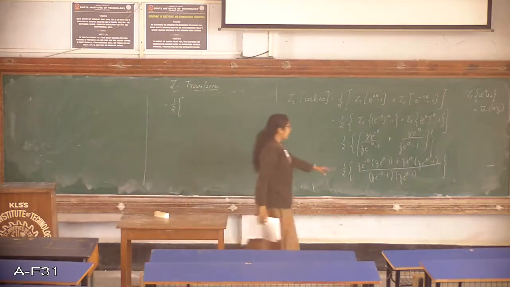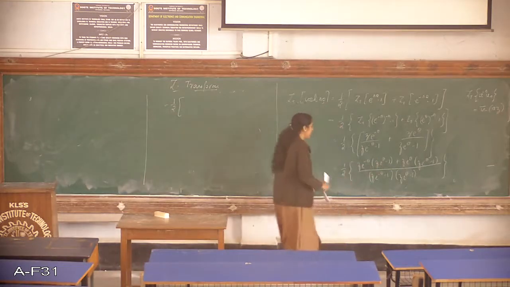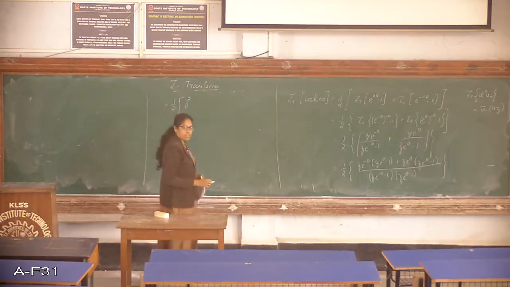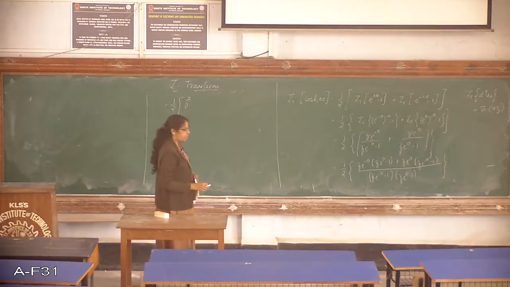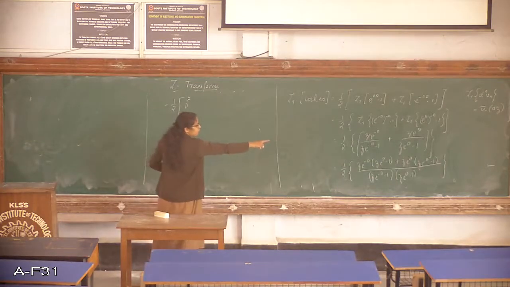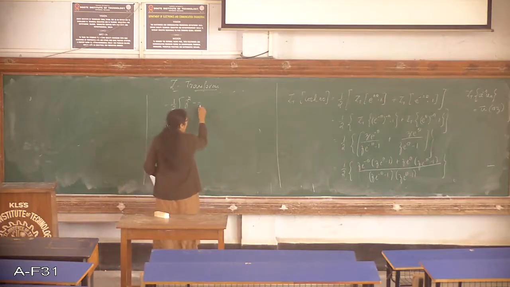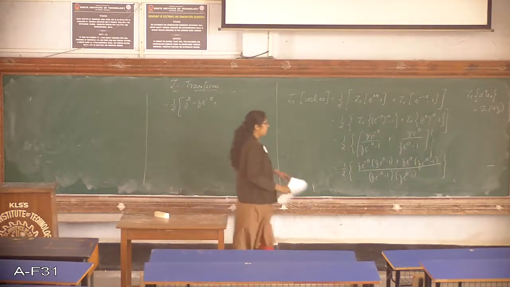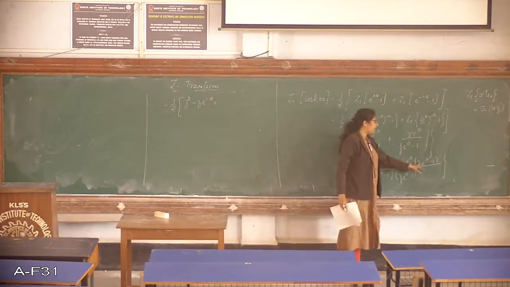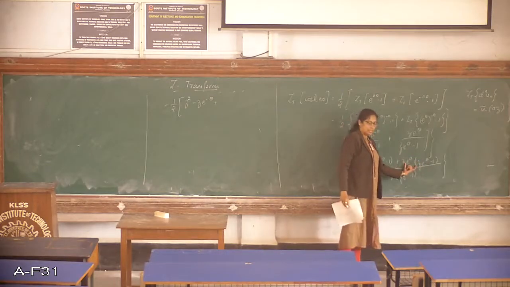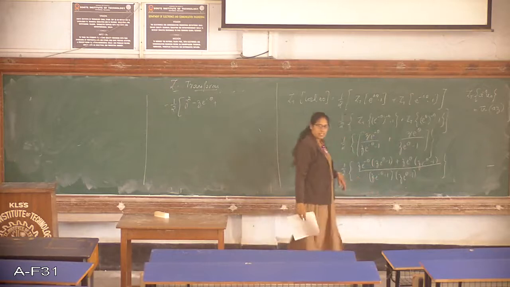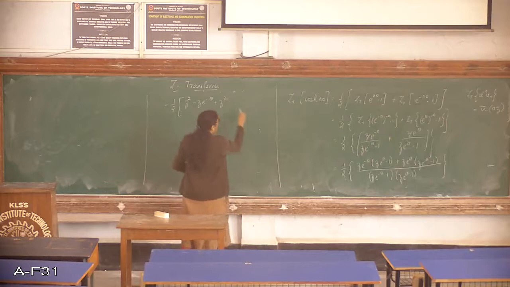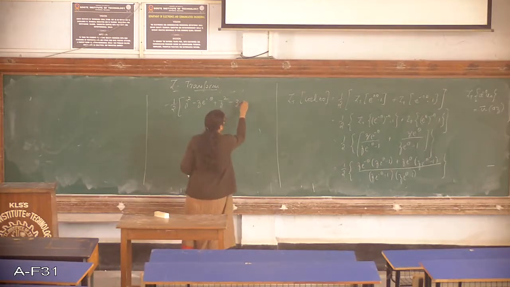That is, z e raised to minus theta into z e raised to theta will be equal to z square, because obviously we know e raised to minus theta into e raised to theta will give us e raised to 0, which is 1. Again z into e raised to minus theta into minus 1 becomes minus z e raised to minus theta, and furthermore the next one here, z into e raised to theta into z e raised to minus theta, z into z is z square, e raised to minus theta into e raised to minus theta will give us plus 1. So we are left with plus z square, and the last one is z e raised to minus theta,